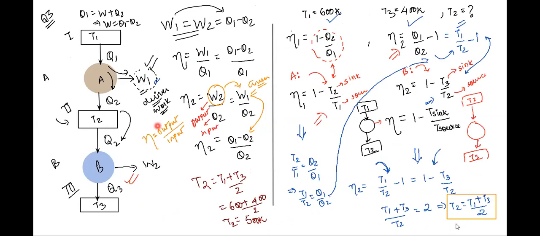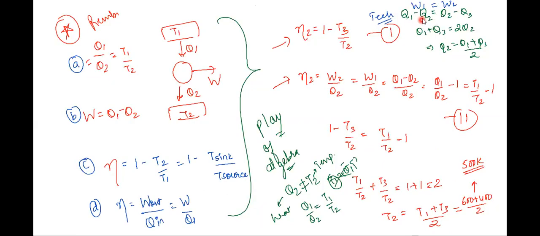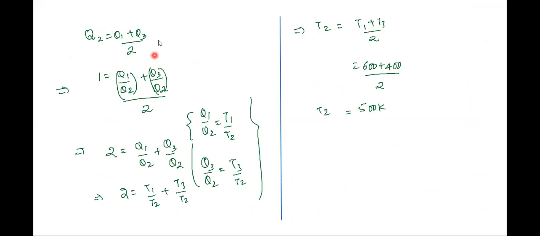So what Atul did is just he equated the two expressions, got the idea that Q1 minus Q2 is equal to Q2 minus Q3, just the values of it. Similarly, just arrange the equation to get this expression: Q2 is equal to (Q1 plus Q3) by 2. But here, one mistake that he did was just replace Q2 by T2, but that cannot be done. So then Atul and I came up with one thing, that can we divide both the sides by Q2? We said yes. So we proceeded, we divided both sides by Q2 to get this ratio, class.